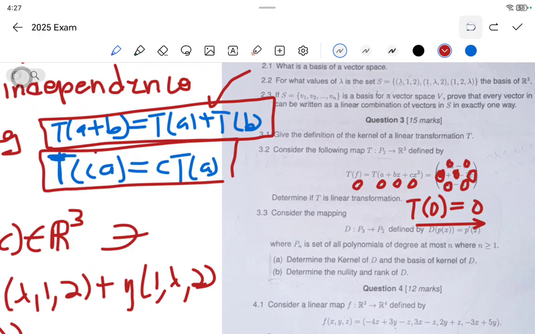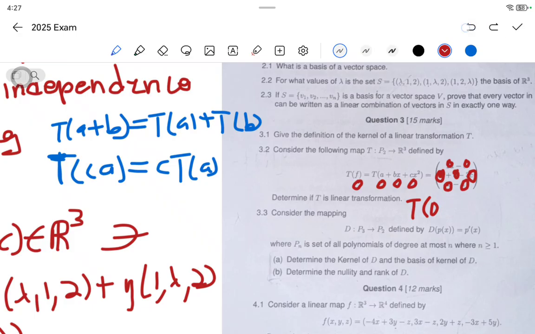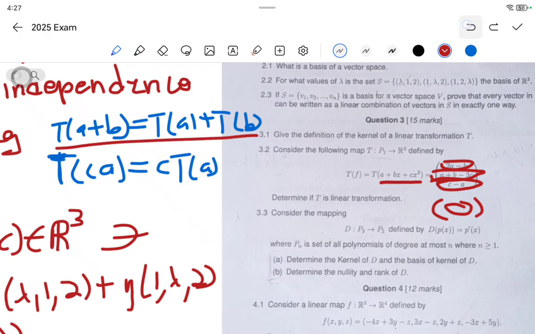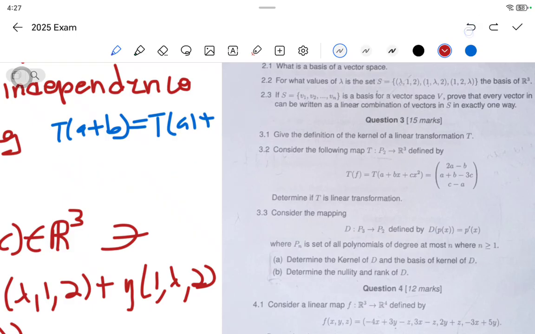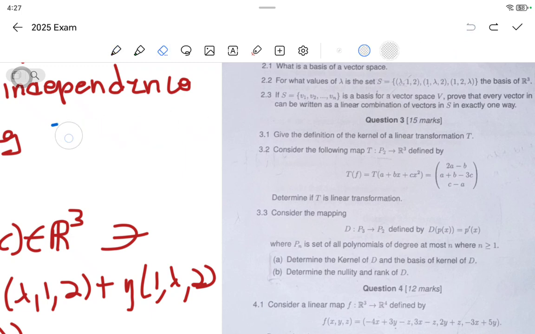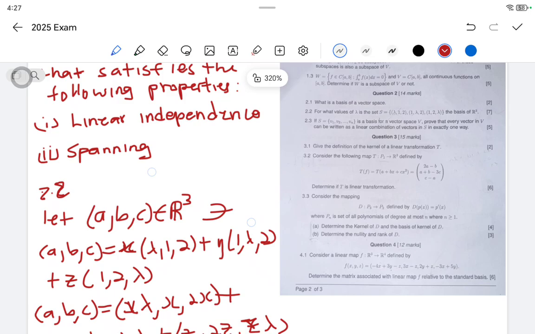So what you're going to do always, you're going to plug 0 inside. Everything that is inside T, you're going to give it 0. So you come and plug here. So if you get 0 at the end here, it means that the addition 1 will hold. Don't start with it. It's going to waste your time. If this was not a linear transformation, it was going to waste your time. So we won't start with it. We'll start with the other ones. So we'll start with the one of a scale. We'll start with this one of a scale. So we are going to say